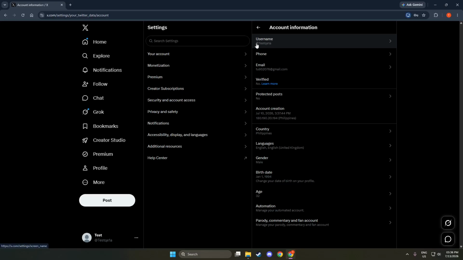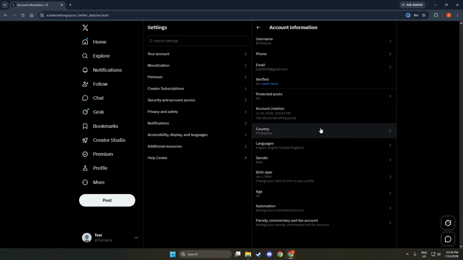After that, click on Account Information. This section shows you all the details related to your account. Here you can review your current settings and make necessary updates. It is designed to provide a comprehensive overview of your account. Take a moment to look around and get comfortable with the layout. This familiarity will help you navigate efficiently in the future.